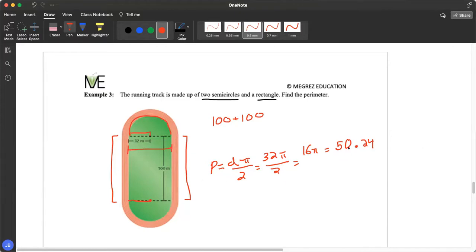But since this 50.24 isn't big enough, what we can do is add all of these together, right? So this is 200. And then if we know that this semicircle has a perimeter,